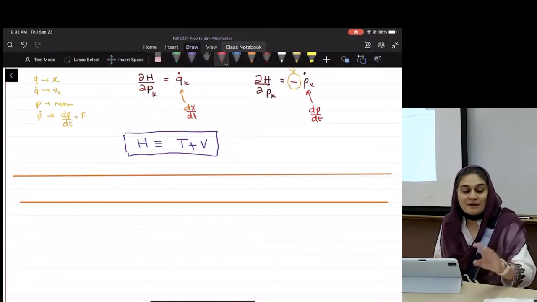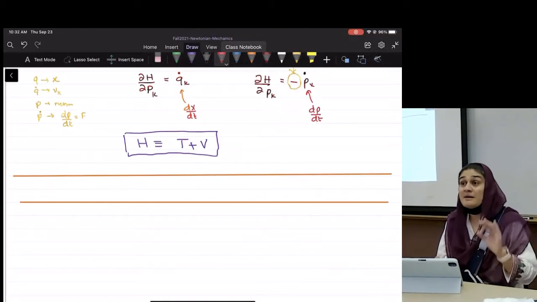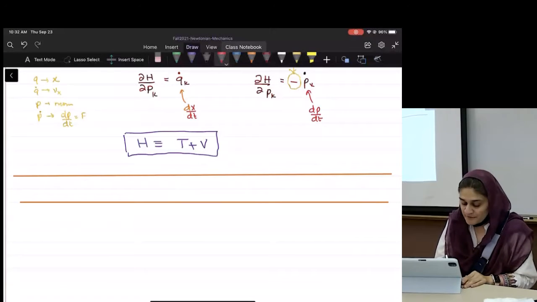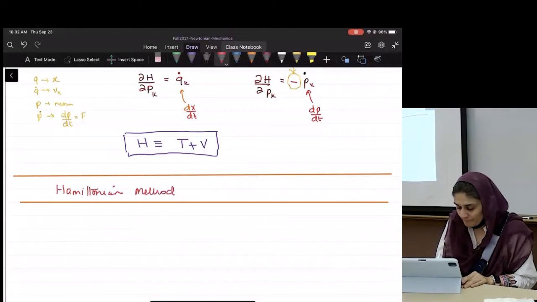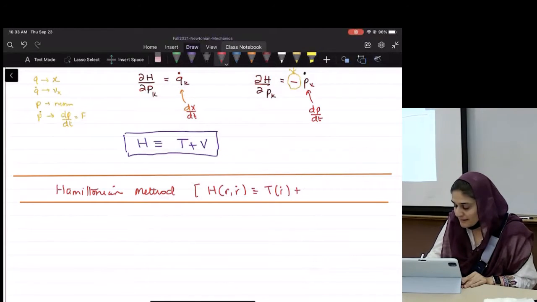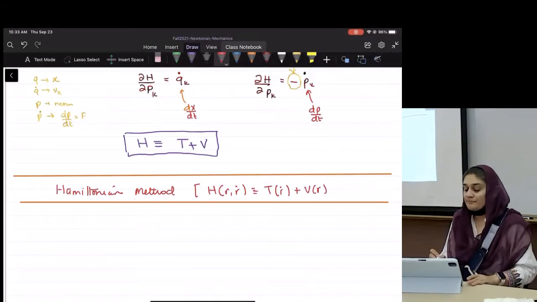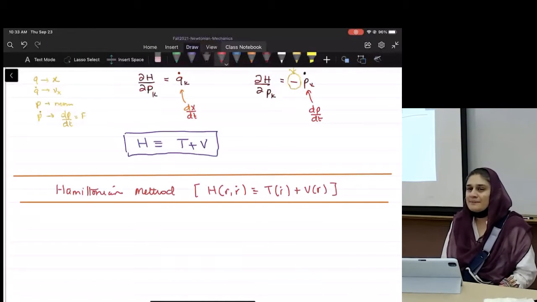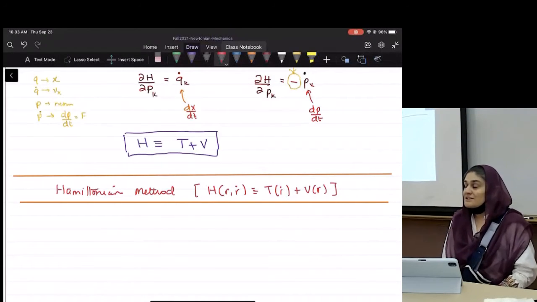Okay, so now let's write down the Hamiltonian method that we will follow. The Hamiltonian is defined as a function of r and r dot, as T as a function of r dot plus U as a function of r. Does everybody understand what that means? T is a function of r dot